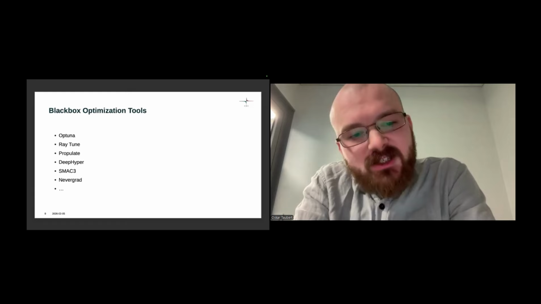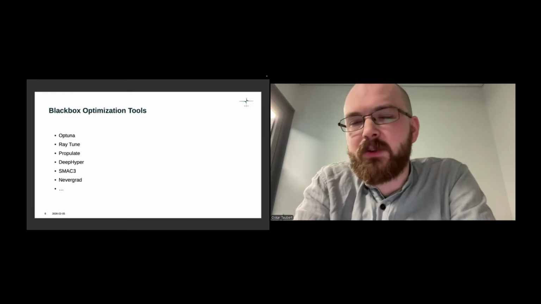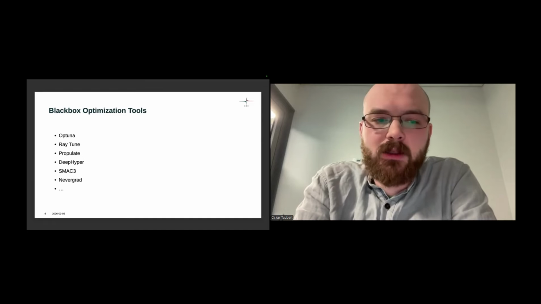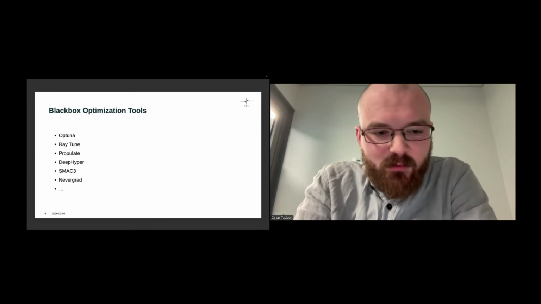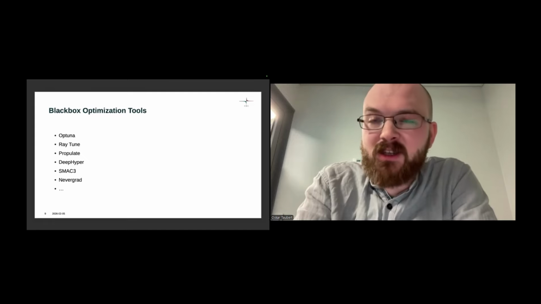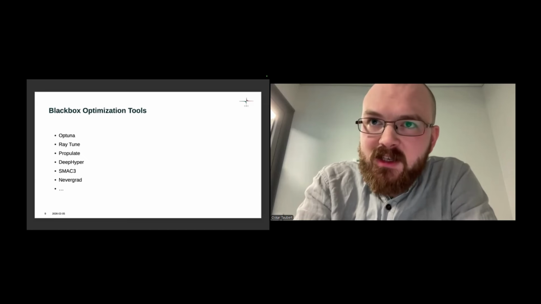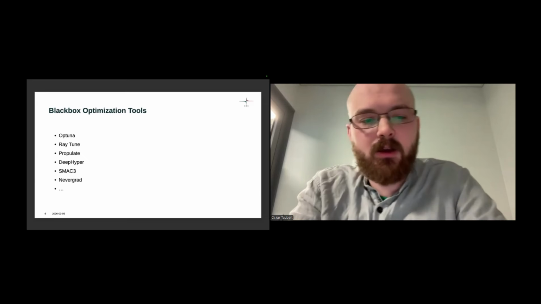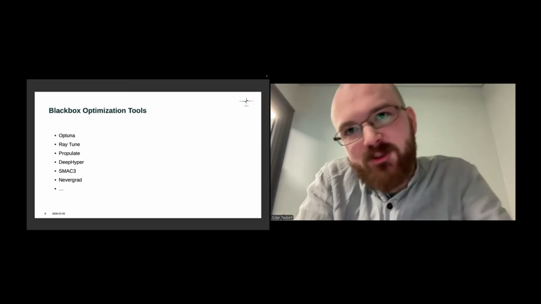I think that's true for a lot of these hyperparameter search tools. One where the point is explicitly that it's focused on HPC environments is Populate. That's work that I still am